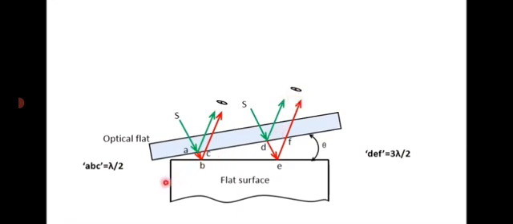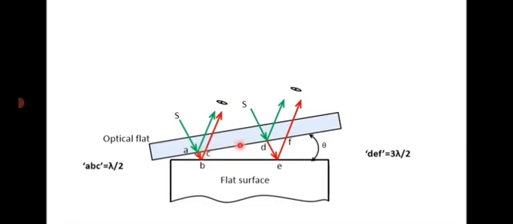We already know that whenever the path difference between the two rays is an odd multiple of lambda by 2, you will get destructive interference. However, at intermediate points between the two fringes, the path difference between the two reflected portions of the light ray will be an even multiple of half wavelength. In this case, the two components of light will be in phase and a light band will be seen between them.